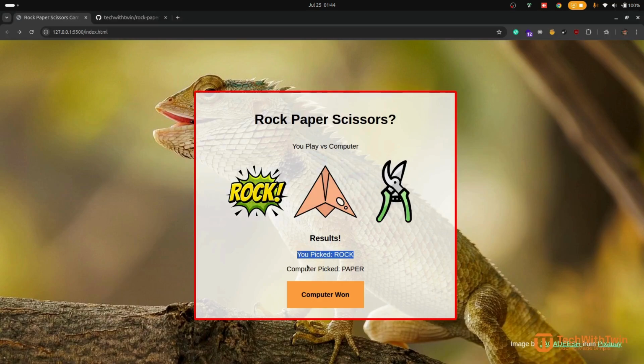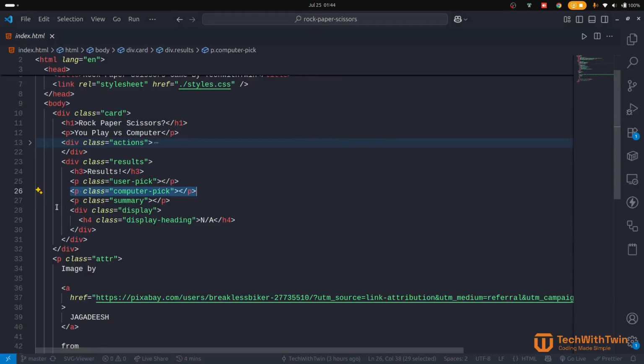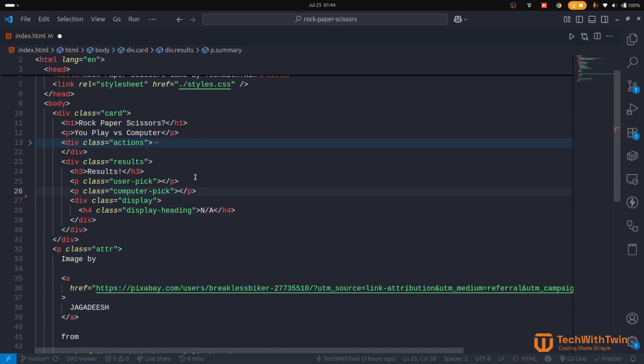So what the computer picked, this one computer picked. We do have another one called summary. This one would be a summary that shows, we're not going to work with this, but let me just, I can even remove it. So the summary, the intention of the summary was to